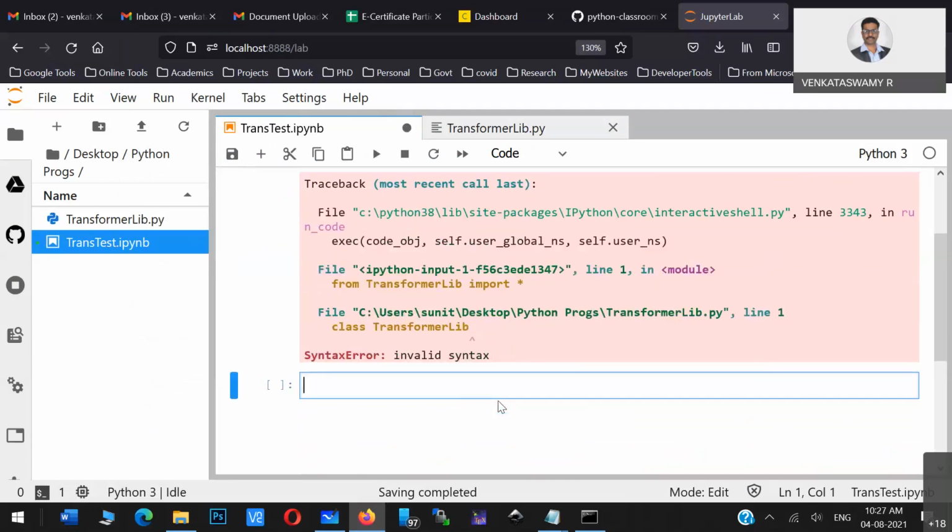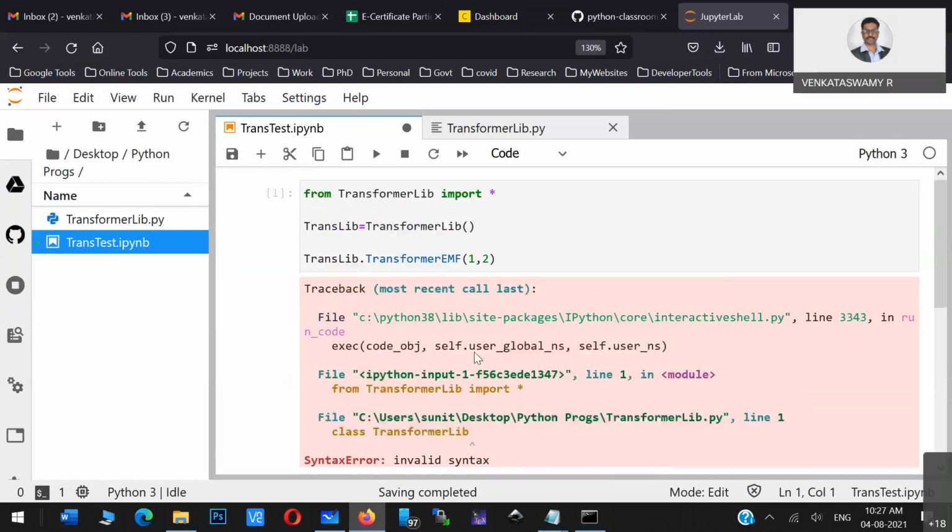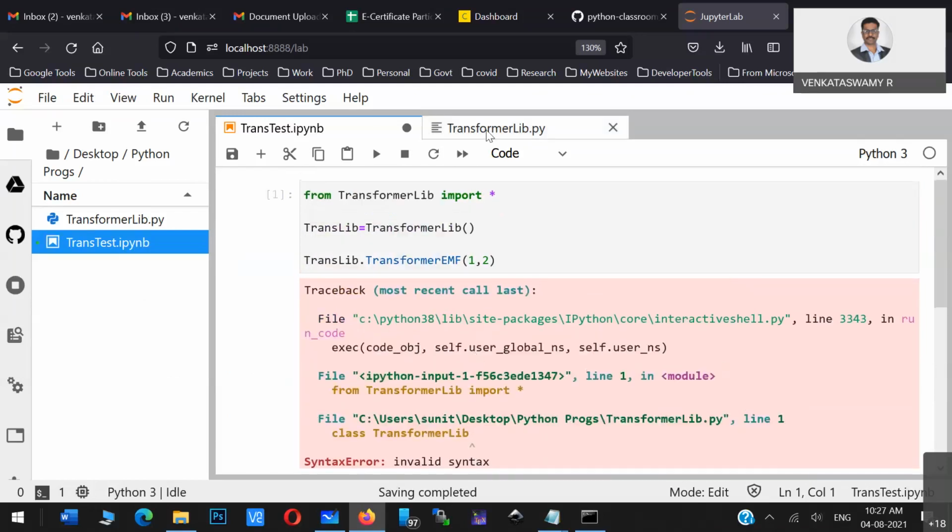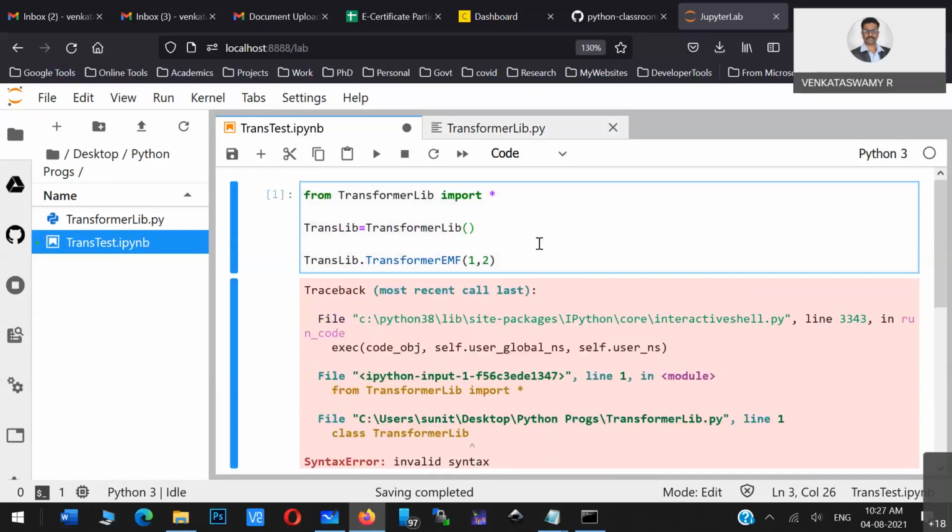What is that? Invalid syntax. After this, you need to provide the transformer lib.